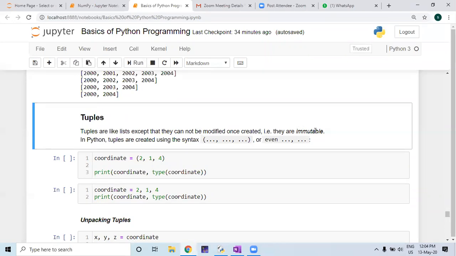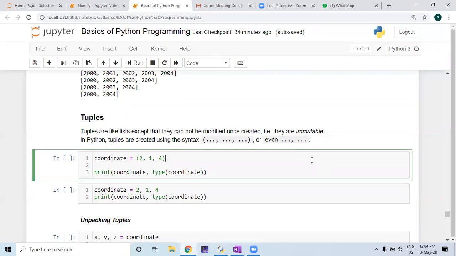immutable. A list you can modify, you can add elements into the list, but a tuple, once it is created, cannot be changed. For example, if you record the coordinate of a point in a coordinate space, and it comes out to be 2, 1, 4, definitely you don't want the record to be appended or modified by anyone.